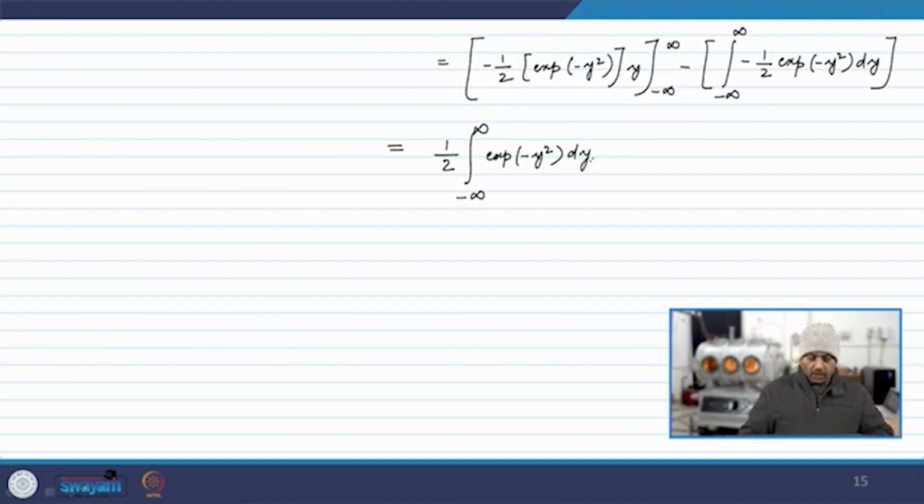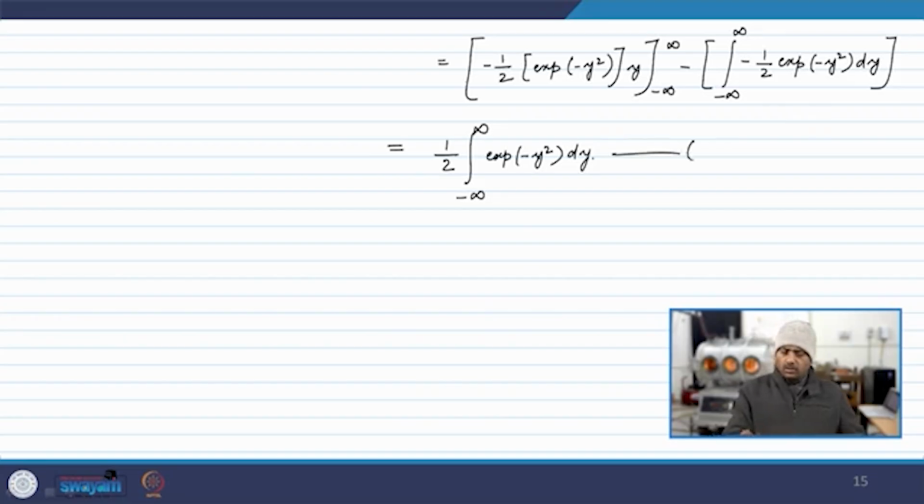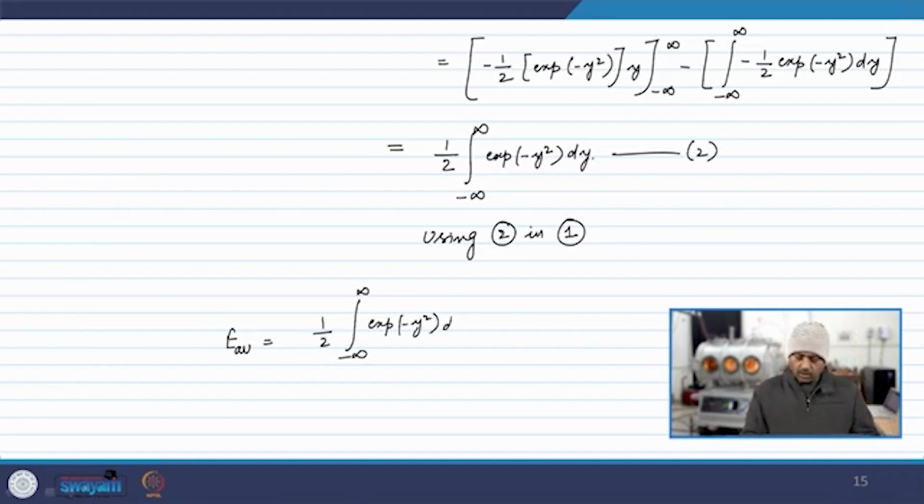Using this back into the original equation, let us say we call this 1, and this is 2, using 2 in 1, we can write E average as half the integral from minus infinity to infinity of exponential minus y square dy